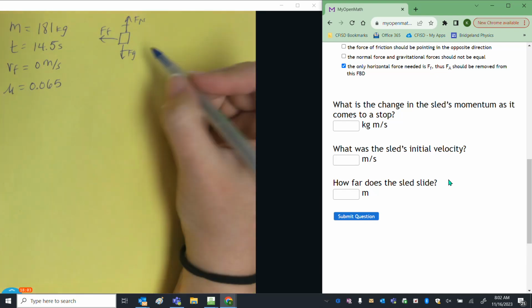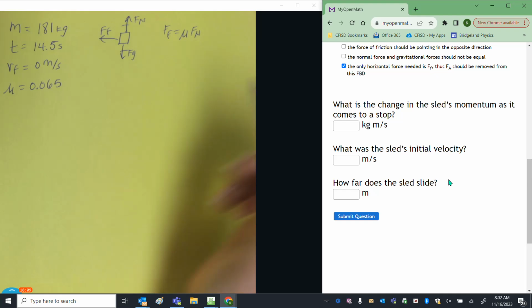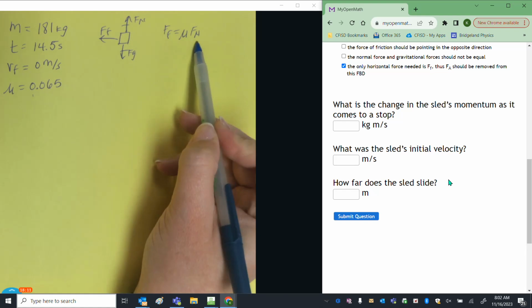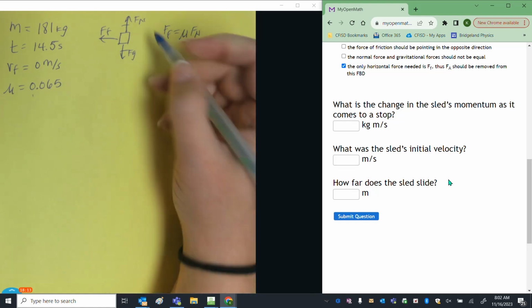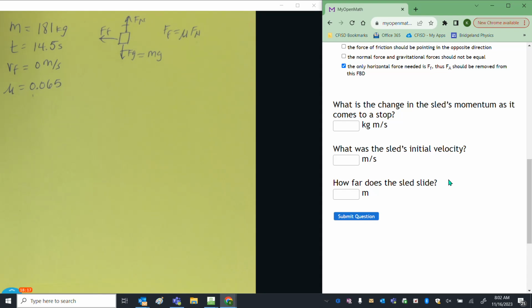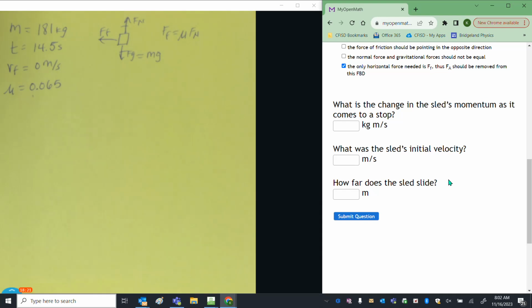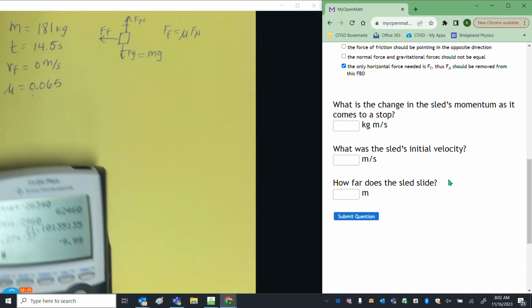Okay, and I can find force of friction because I know force of friction is equal to mu times Fn. And I have mu, but I need to find Fn. I don't have a formula for Fn, but I do have one for Fg, and I know Fn and Fg are equal and opposite to each other. This is the same process we've been doing for the last 3 units. Okay, find Fg. It's a good place to start. It's useful most of the time whenever you have forces. So let's go ahead and find Fg.